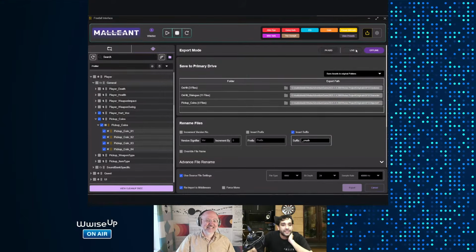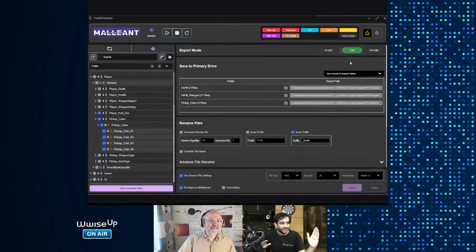And you can see over here export modes. Right now it's offline, so that means it picks up the file, puts the DSP on it, prints it, sends it out. You can do a live export. That means it runs Maliant individually for each event, for each SFX object, and it records the buffer live.